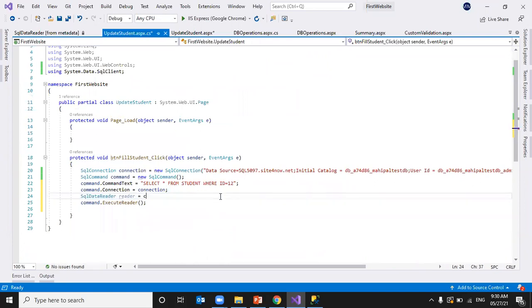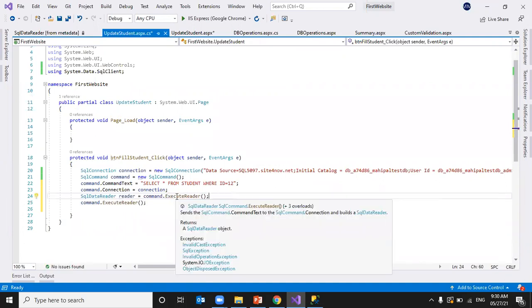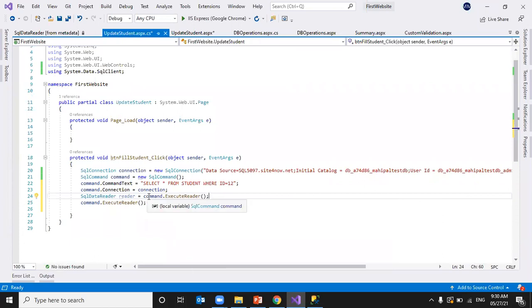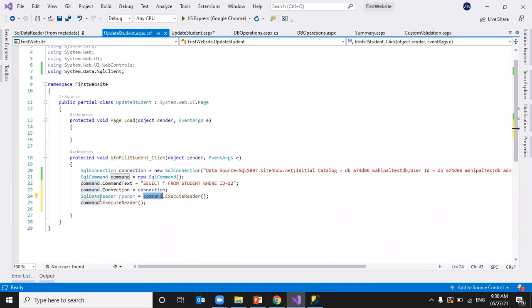We execute command dot execute reader, and its return type is SQL data reader, so that we assign here: SQL data reader reader equal to command dot execute reader. So we can remove this.